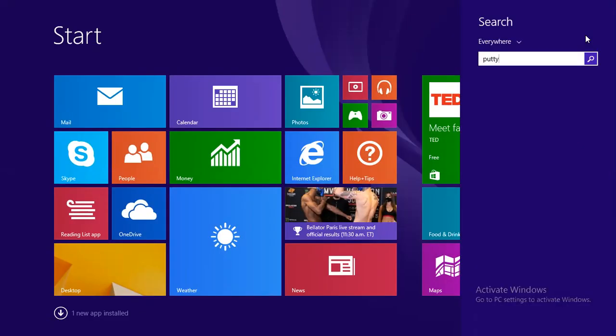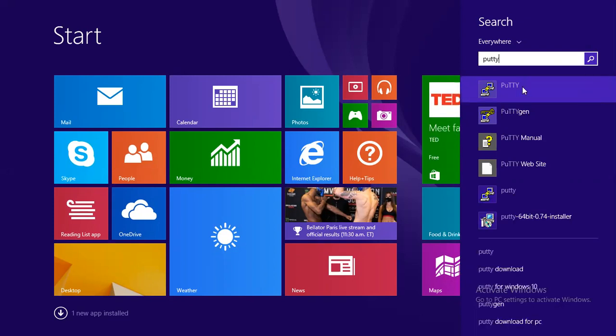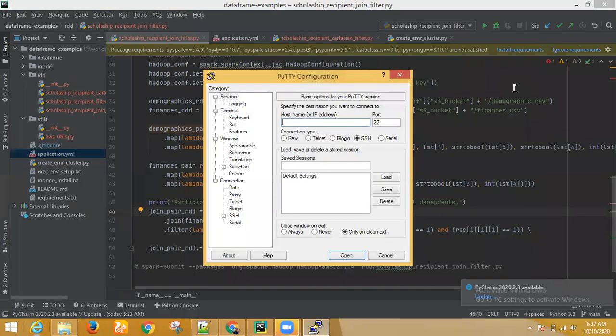For all Windows users, we don't have any direct way to access remote systems, so you have to install a software called Putty. I'm not sure if I mentioned this, but you can see Putty is there. If you have not installed it, make sure you install Putty, for Windows users only. For Mac and Unix-like systems such as Ubuntu, you don't have to install anything. You can directly open your terminal, which is called the command prompt in Windows. You use the terminal to connect to that particular system.